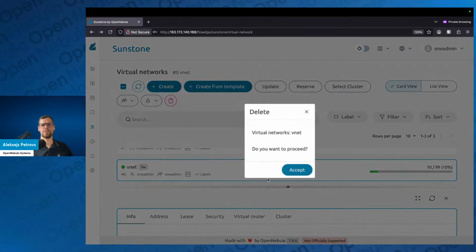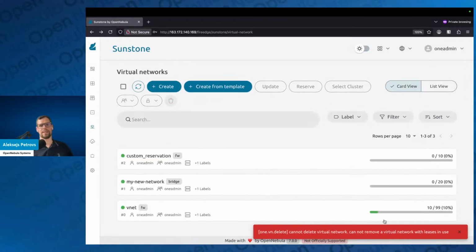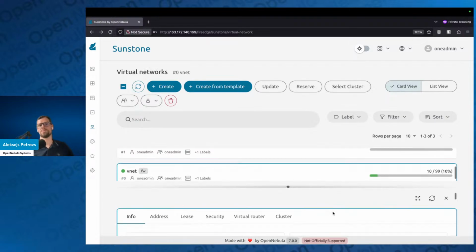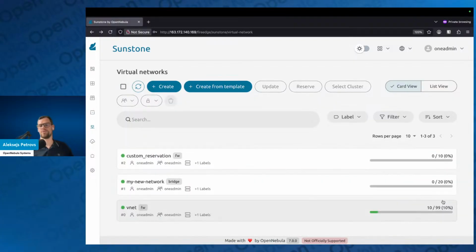If I try to delete it, I'll get an error, because if you have at least one lease in that network, you cannot remove it. So this network becomes safe from deletion, or locked out from deletion, until you delete the reservation and also delete all the virtual machines or remove all the virtual network cards